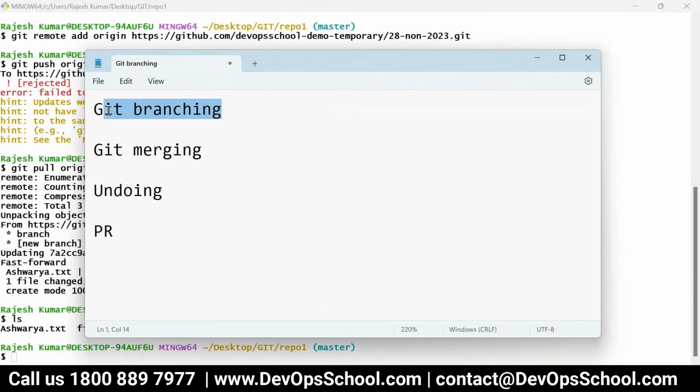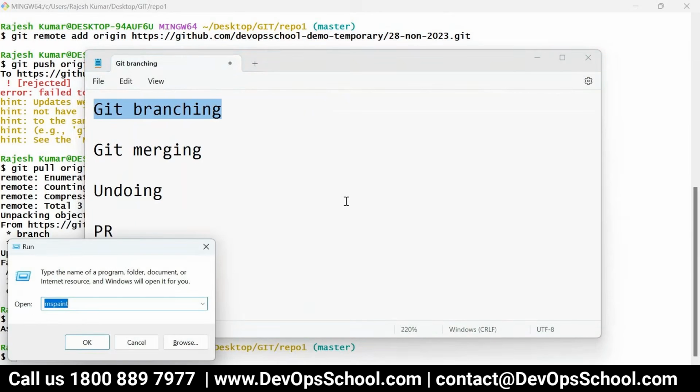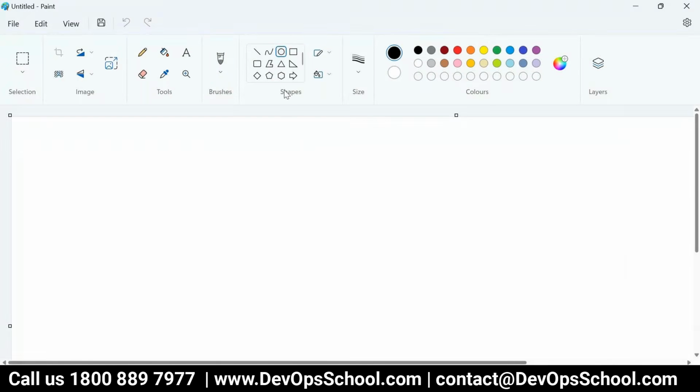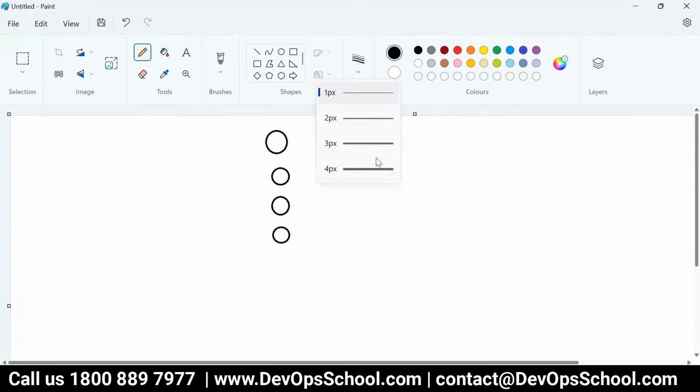Git branching. So what is a branch basically? Let's understand this is a repo and you commit, then second commit, third commit, fourth commit. You did all these commits.